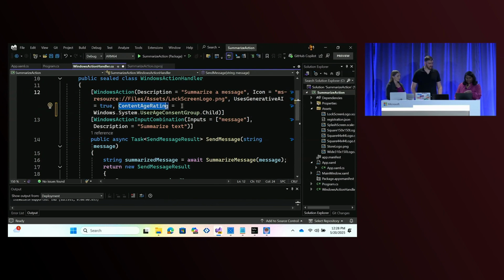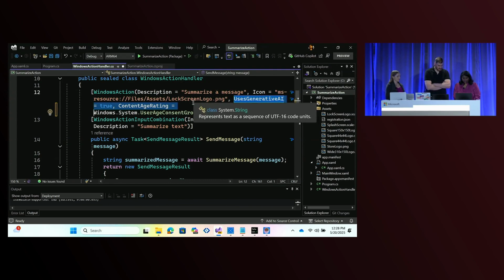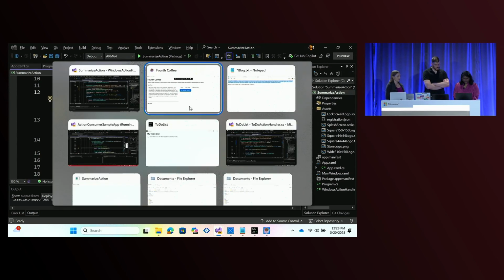And so these are the two attributes, uses generative AI and content age rating, which are important for user trust, so that when your action is consumed, the consumer knows that they are exposing the users to an AI action, and they can decide what the right thing is to do to expose the action to a child account, minor account, and so on and so forth. So those are the two fields that I wanted to show you.